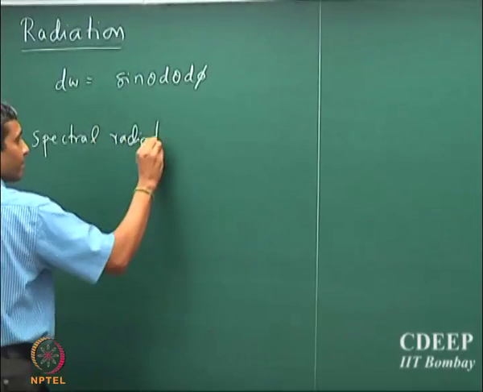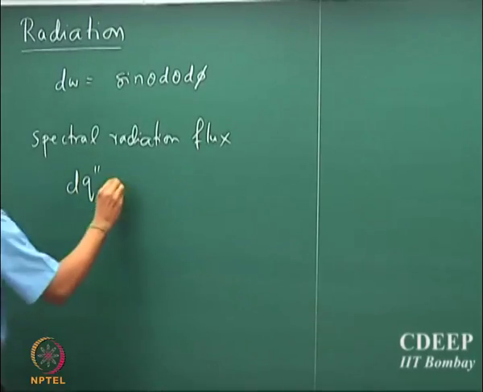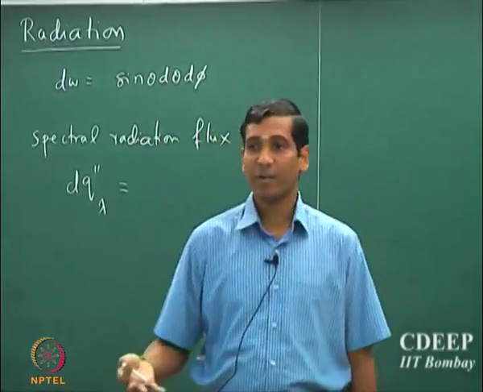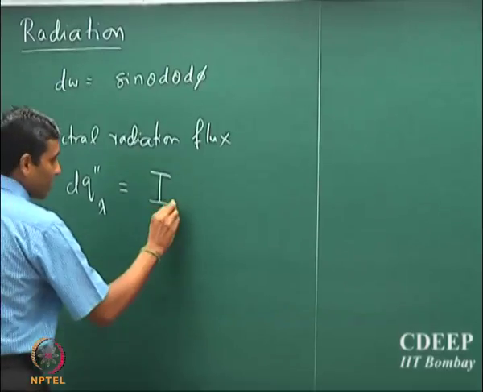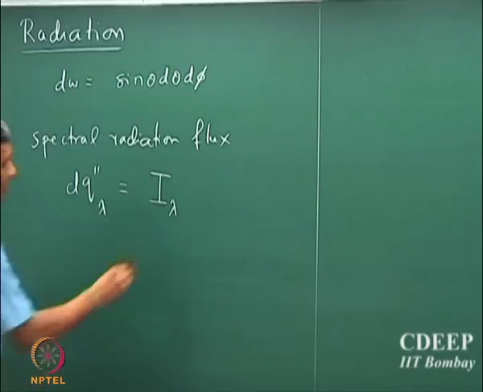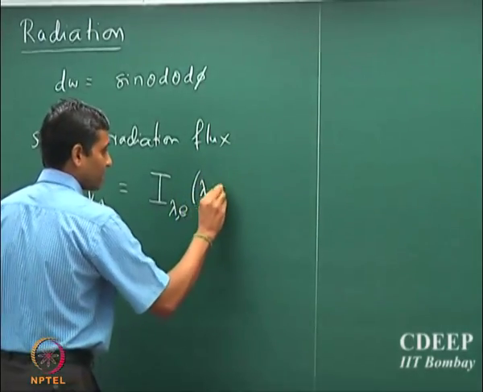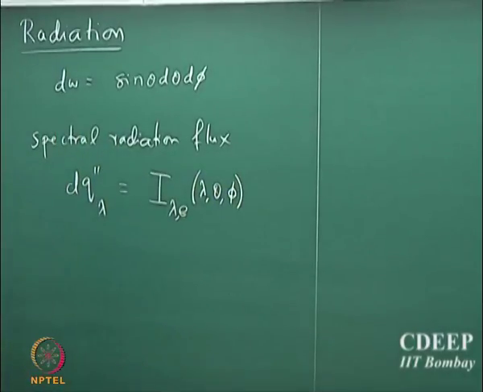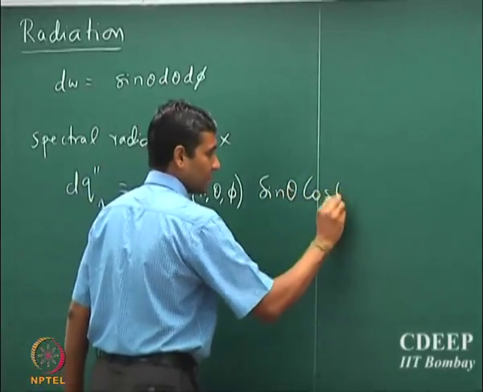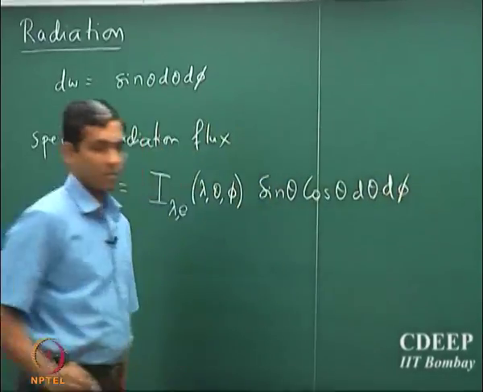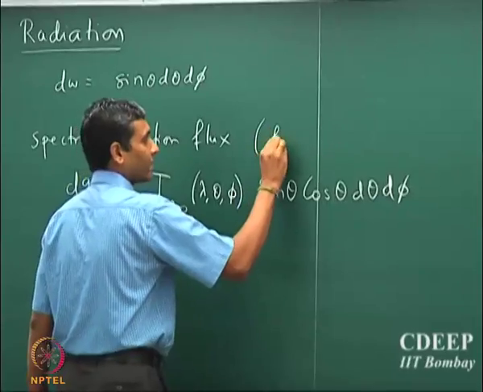radiation flux, okay, which is dq lambda, that is the spectral radiation flux at a certain wavelength, and that is given by I, which is the radiation intensity, and the subscript lambda stands for the corresponding wavelength, and if I put a subscript E, it stands for emission, and that is a function of wavelength and position. In principle, it is a function of temperature, but we will see that in a short while. Okay. That will be sin theta cos theta d theta d phi. So, that is the definition of the spectral radiation flux. I can qualify it by saying for emission